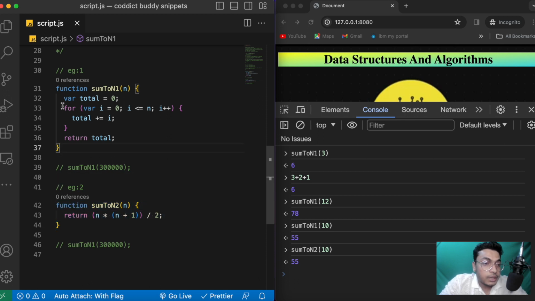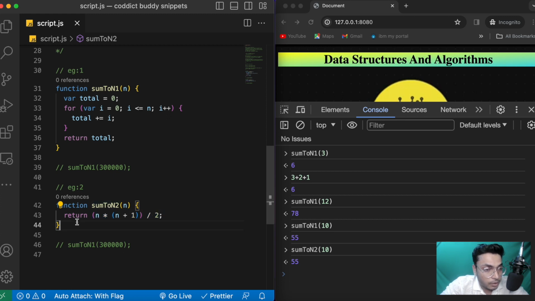Okay, so this one is using a for loop. Okay, and this one does not use any for loop. It does not even use any variable inside the function, but this one does. It is using a few variables and a few operators in it. Okay, and we are passing some input in this function, and based on that input we are processing our code, and then we are returning some output. Okay, same thing we are doing here. We are passing some input, and then based on that input we are doing some calculations, and then we are